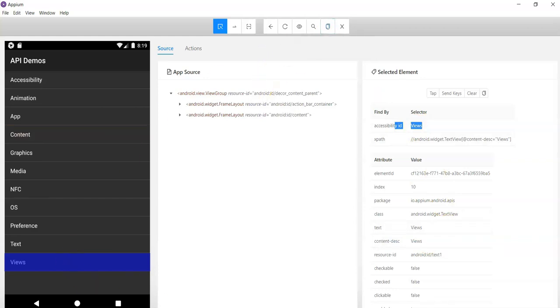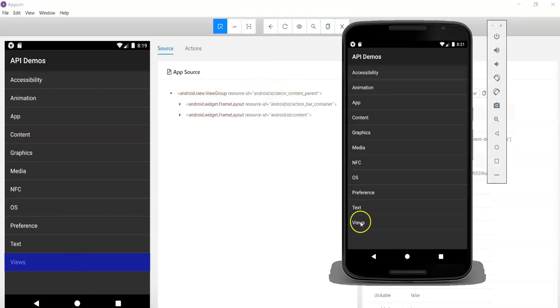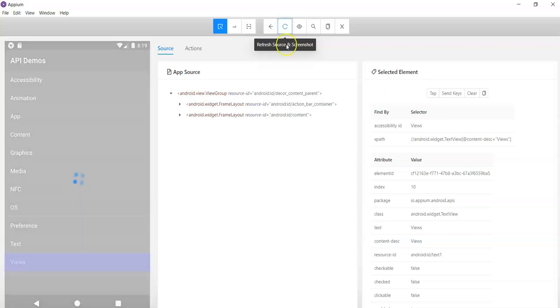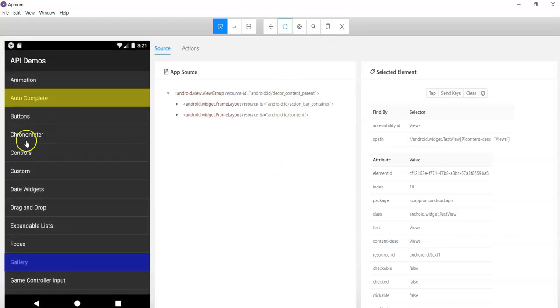Now similarly you can navigate to any other screen in which you want to identify the locators. If you want to identify the locators in the views page, simply go to this views page and then click on the refresh button, refresh source and screenshot. It will capture the currently opened screen in the app. So here the screenshot will get refreshed.